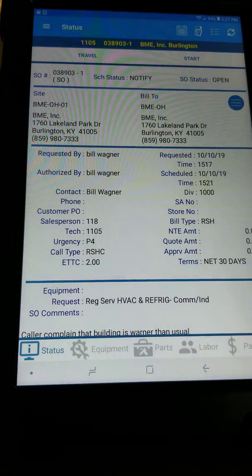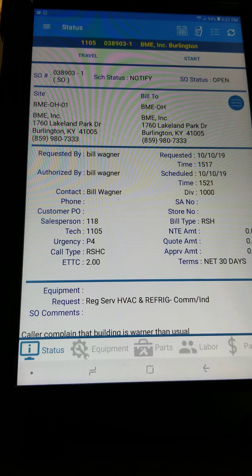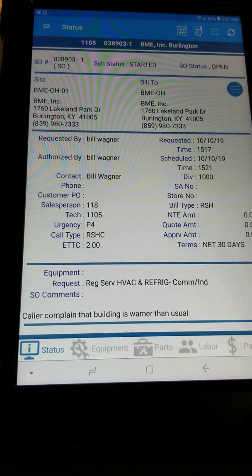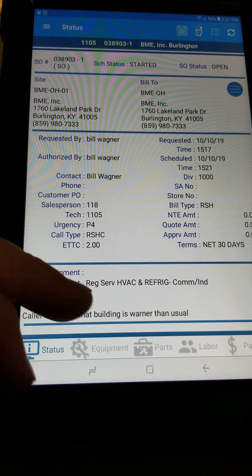So what we have here is a call here at BME. You're still going to go in, you're still going to hit travel, and you're going to hit start. What that's going to do, just like everything else, is show who called it in and what we're doing. So right now it says caller complained that a building is warmer than usual. So when we go to the equipment